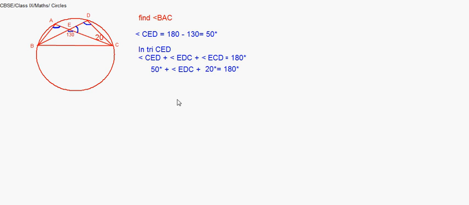So angle EDC is equal to 180 minus 70. That's giving angle EDC as 110 degrees. If EDC is 110, angle BAC will also be 110, because EDC is equal to BAC,